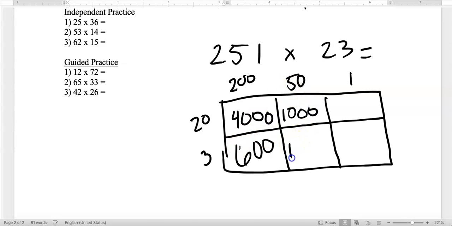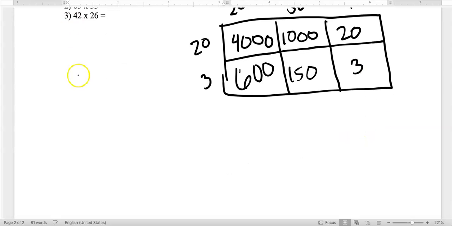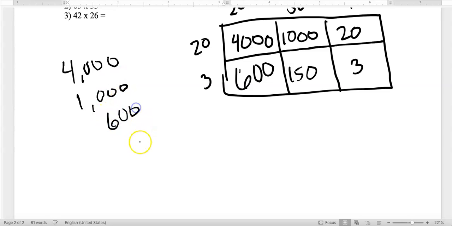5 times 3 gives me 15. Adding that 1 0. 1 times 2 gives me 2. Adding that 0. 1 times 3 gives me 3. And just like we did before, you would simply stack those numbers up. 4,000, 1,000, 600,